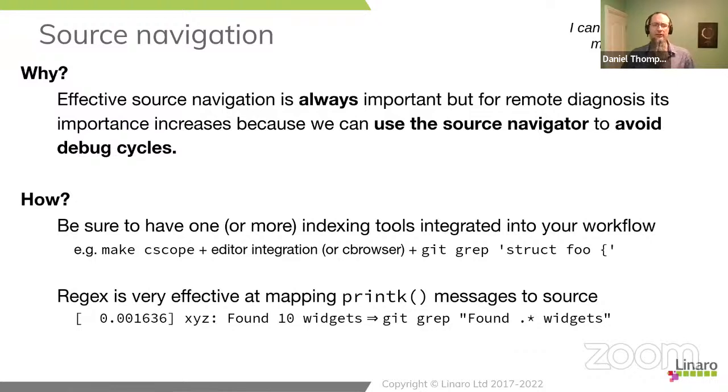And to do that, that implies that you have one or more indexing tools well integrated into your workflow. The truthful statement is I don't care what indexing tool you use. There are many available. On the slide right now is a sane default that happens to be the one that I use. So this sane default is based on typing make cscope into the kernel build system. And that will cause the kernel to index all the architecture files, the drivers, and the kernel core source. It will not index the other architectures.